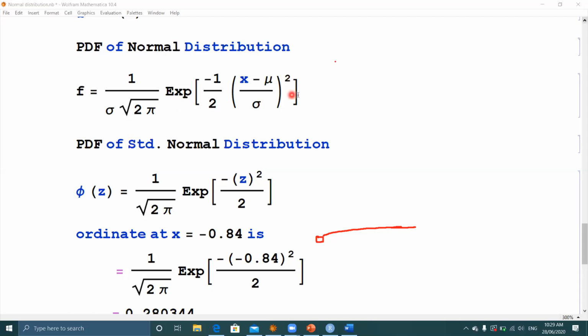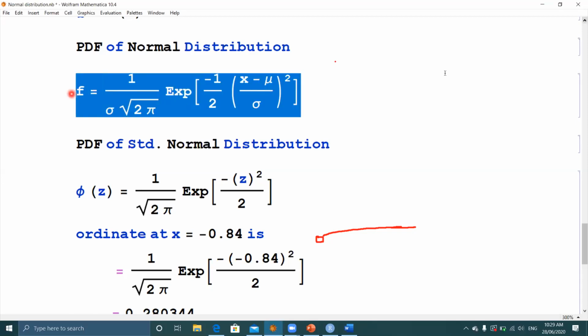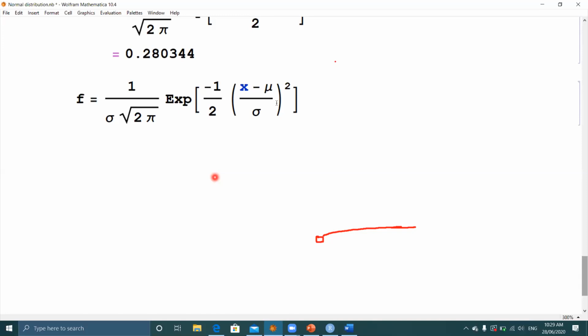If you take this density function and substitute x here with a specified value of x, for example, I'm just copying it here, Control C. Now if I take sigma equal to, for example, 2, and mu